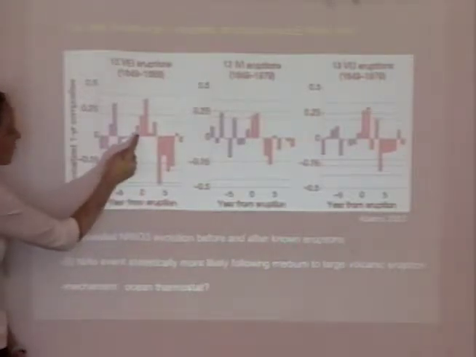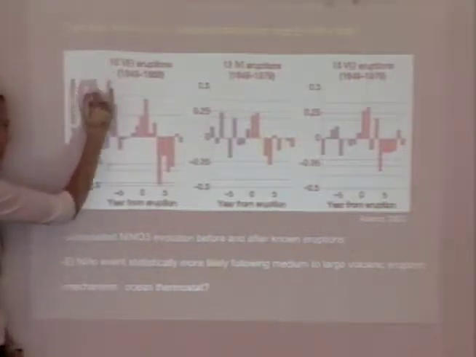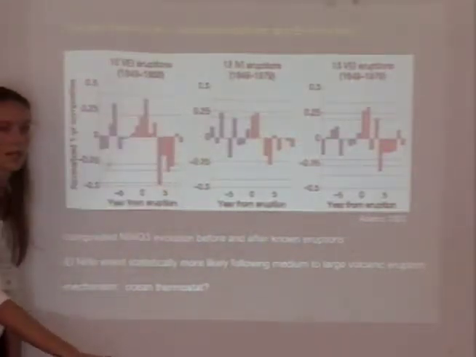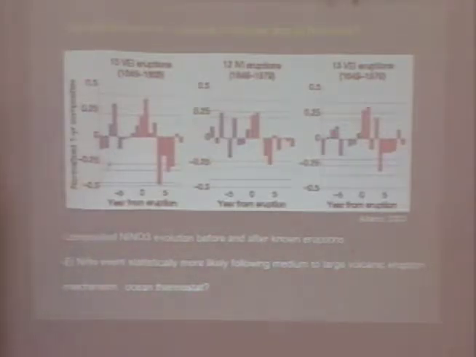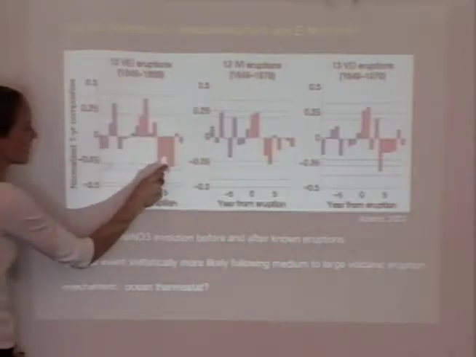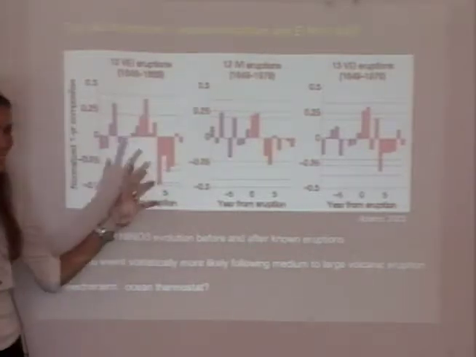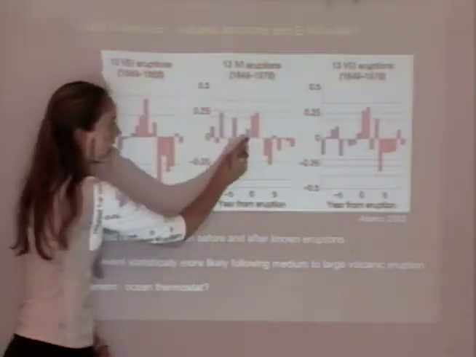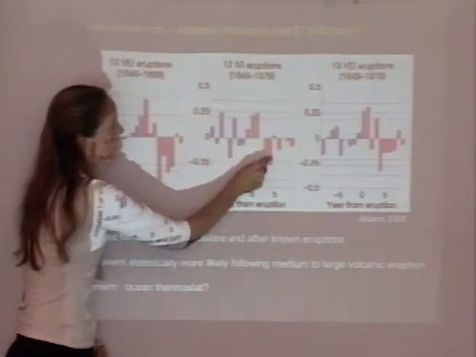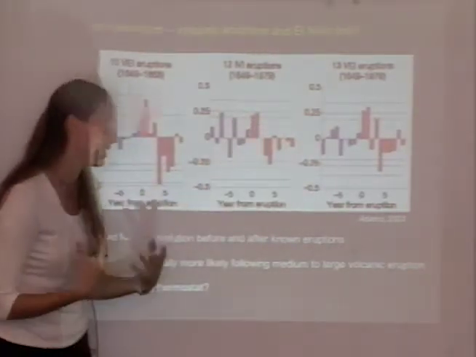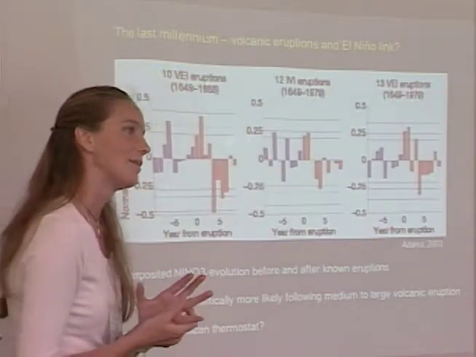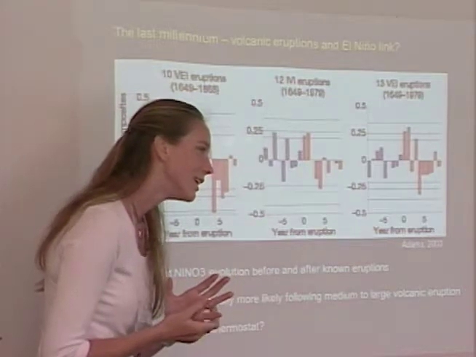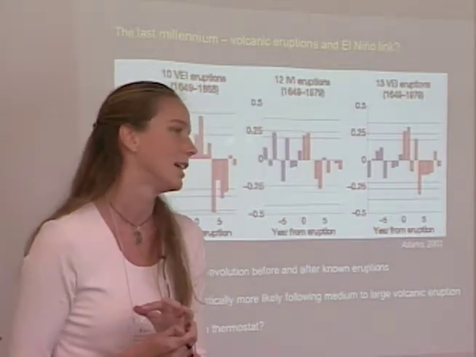On average, after the eruption, there's a slight tendency towards an El Nino type response with a following La Nina, of course, which is very common. Once you have an El Nino event, you go into La Nina. So they see this response here, which is not highly statistically significant, but they have a variety of parameters, ways of gauging its statistical significance, and they say that it is 99% significant, this kind of response. Okay? So the imposing of volcanic eruptions, again, as a change in the radiation.